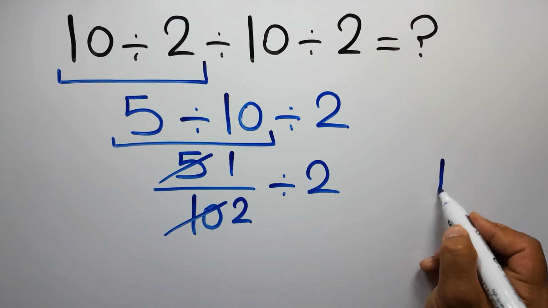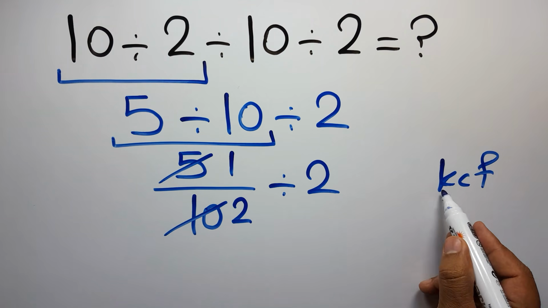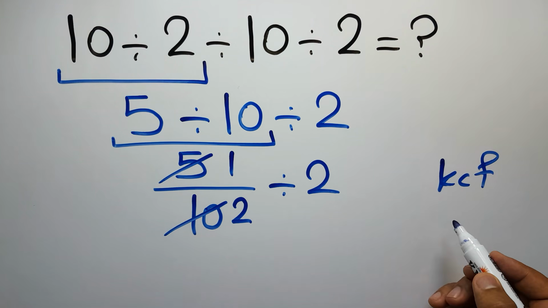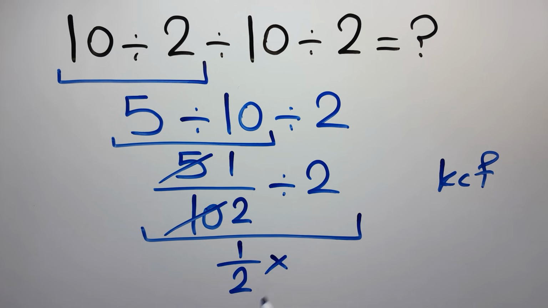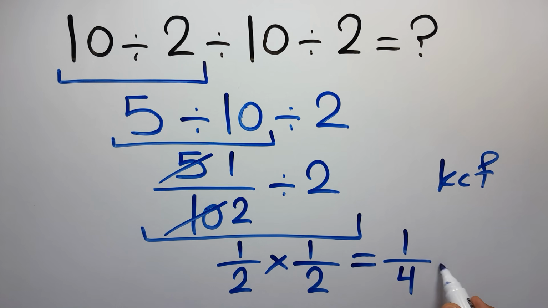According to the KCF rule, K stands for keep, C stands for change, and F stands for flip. We can write: keep the first fraction, change division to multiplication, and flip the second fraction. So we have 1 over 2 times 1 over 2. And this is equal to 1 times 1 gives us 1. So 1 over 2 times 2 equals 4. So we have 1 over 4 or